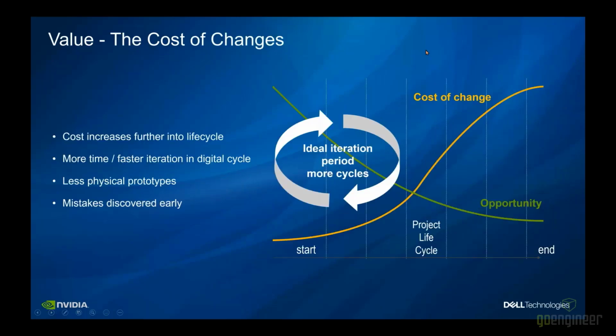So I talked about this product life cycle and iteration and stuff. And I think this is a really important way to look at it. If we look at the entire product life cycle or project life cycle from start to end, and looking at the yellow graph here, the cost of change, right? We all know that when we're in the front end of our life cycle, it's easy to make changes because we're still almost always purely in the digital realm, right? So we can try different ideas, we can make changes, we can iterate very, very quickly with very little cost,